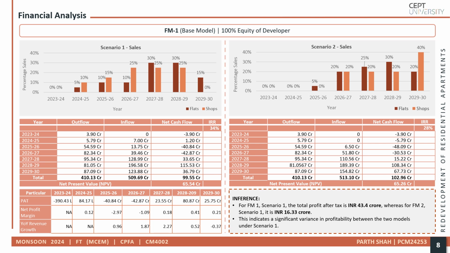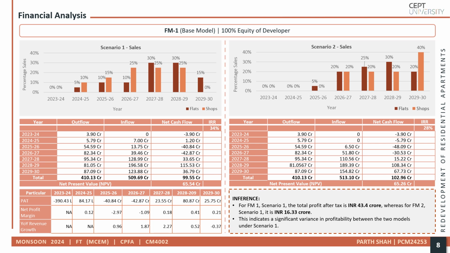After completing the initial financial analysis, we evaluated Financial Model 1, calculating the IRR, NPV, net profit, profit margin, and year-on-year revenue growth for both the sales scenarios. In Financial Model 1, under Sales Scenario 1, the IRR was found to be 34%, indicating strong profitability. If this scenario plays out, the developer could receive an approximate net profit of 99.55 crores with a net present